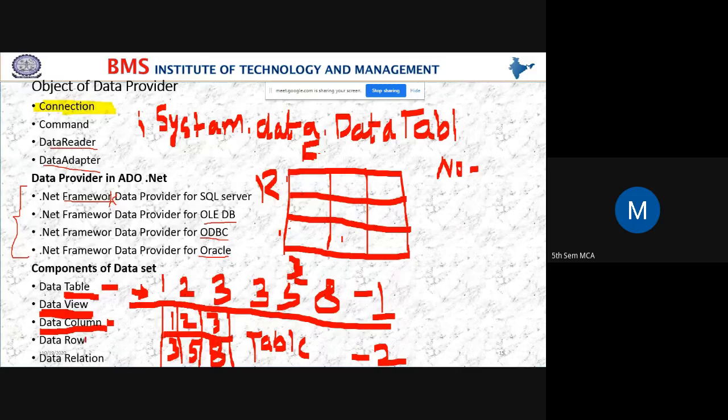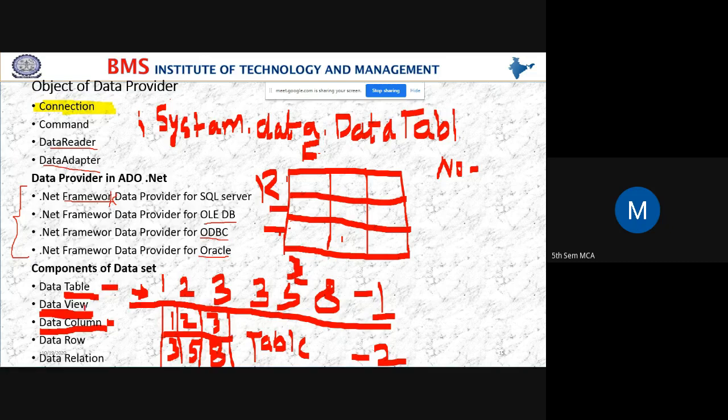Next we have data row. It represents a row in a table. You can use the data row object and its properties and methods to retrieve, evaluate, insert, and update the values in a table.